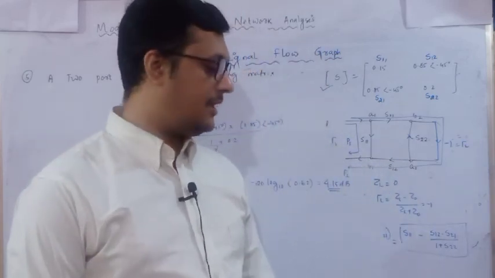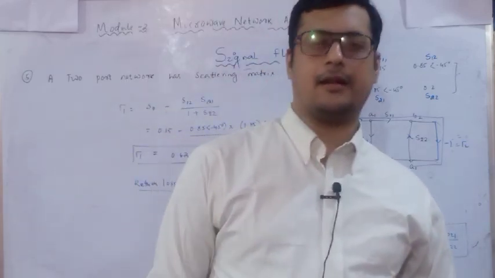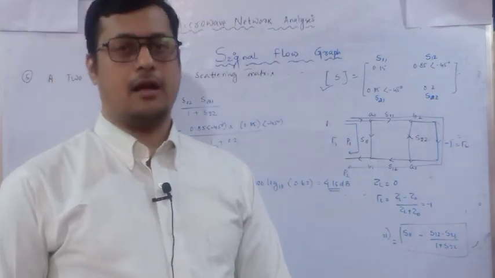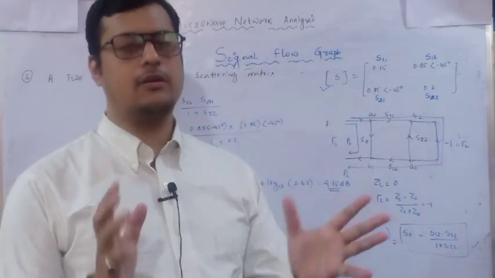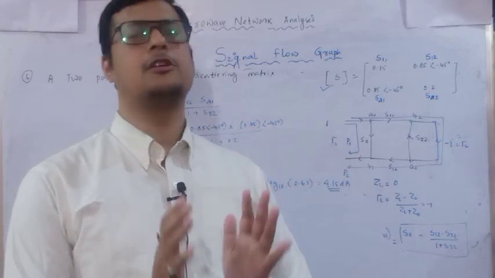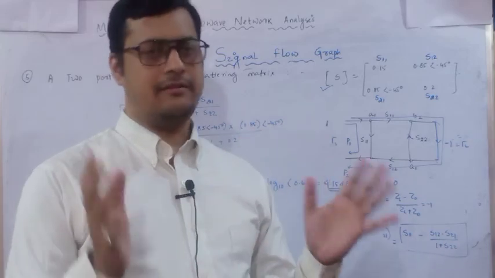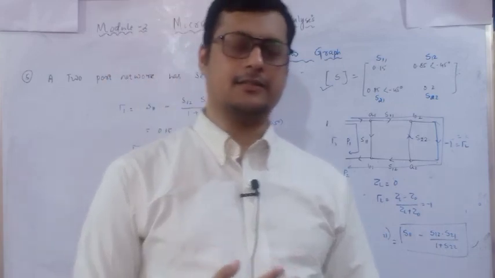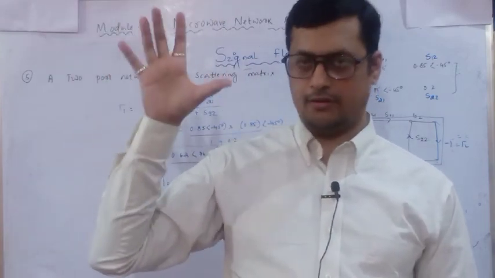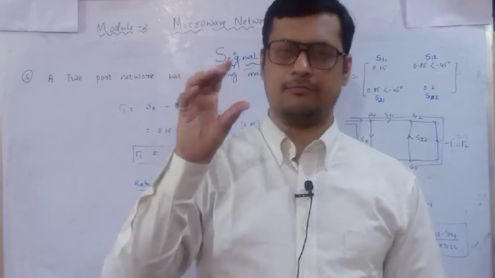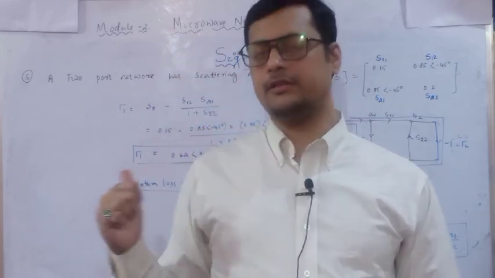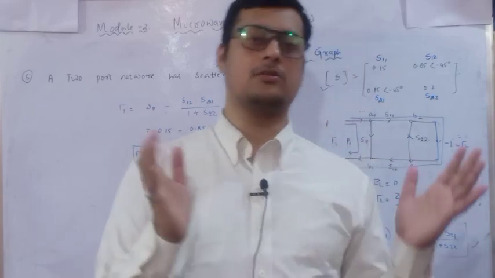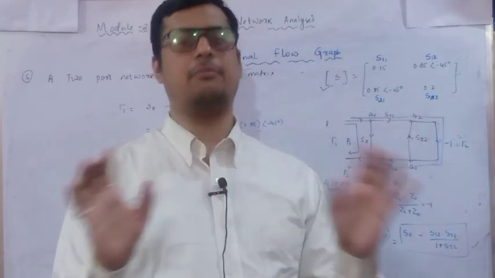This is the usage of the scattering parameters with the help of the signal flow graph, how we simplify the whole network in a particular small manner. The derivations are quite big when we are not using the signal flow graph, but the trick is to simplify that whole derivation into a small, simplified manner. If you use this signal flow graph technique, it is very easy to represent those complex relations in a simplified form.